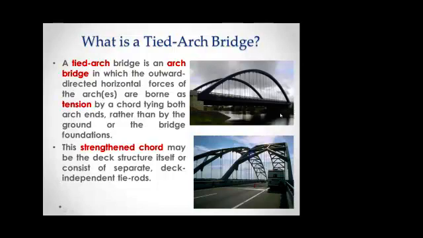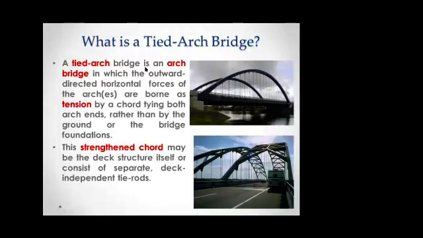So I told you that in the arch bridge, there will be a compression force along the curved portion of the beam, and this reaction will in turn be sent to the ground. Instead of sending it to the ground, it is returned back to the horizontal member at the bottom, which acts as a tension. So there will be a tie between the two ends and a tension force will be created. If you tie these two ends of the arch, it is called a tied arch bridge. So that is the concept of the tied arch bridge.